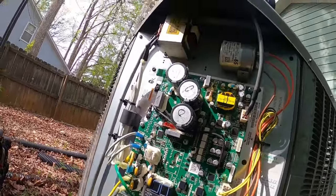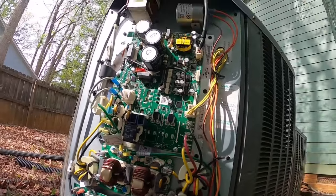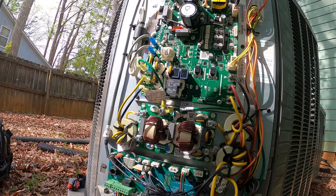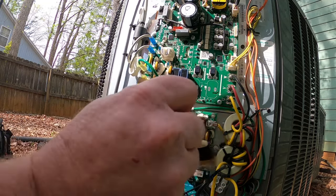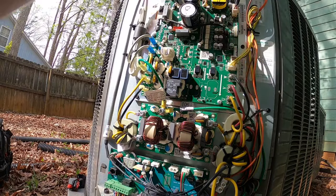What a start to the day. The Rheem inverter, 17-SEER EcoNet thingamadoodle. Seen them, haven't worked on very many. It's been a while actually. This thing's changed a lot since the last time I saw one. But we're getting an L16 fault